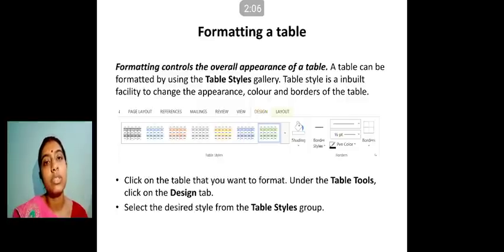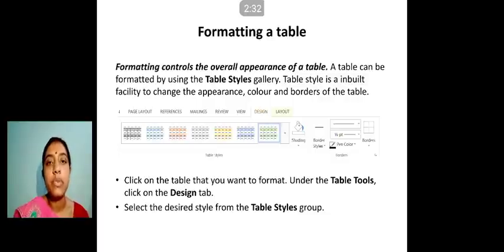You just have to choose according to your requirement and your table design will change accordingly. The appearance will change, the color will change, the border will change. All these things of a table change accordingly. So you can see that tab or group. Here you can see many options are there.